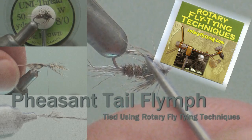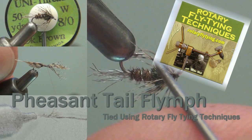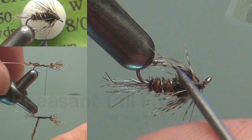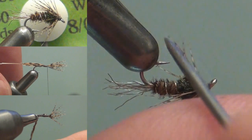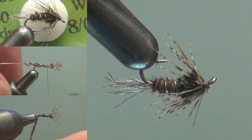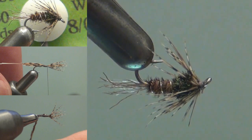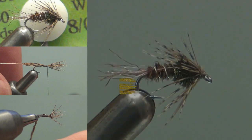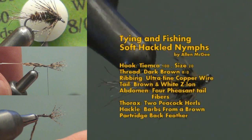Okay, we're going to tie a pheasant tail flymph, a pattern taken from the book Tying and Fishing Soft-Hackled Nymphs, written by Alan McGee. If you're a soft-hackle enthusiast, you may want to buy a copy of this book. It's packed with ideas like this one, which shows you one way to use oversized hackle when tying small flymphs